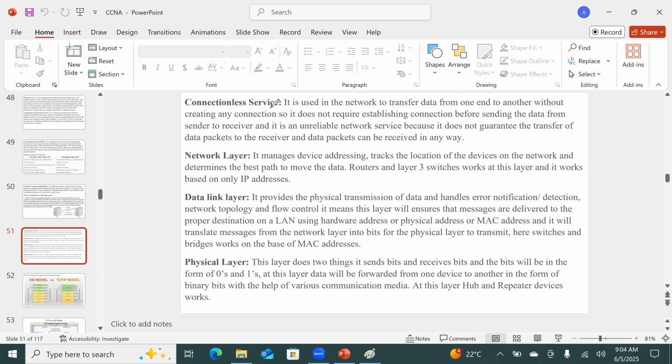So next is connectionless service. It is used in a network to transfer the data from one end to another without creating any connection. It does not require establishing a connection before sending the data from sender to receiver. In connectionless service, as already said, this is used by which protocol? UDP protocol. It is not going to establish any kind of connection before sending the